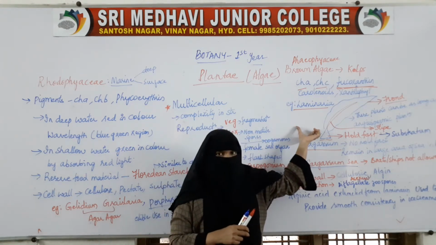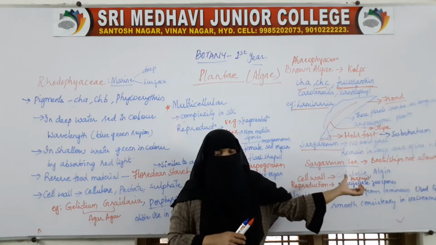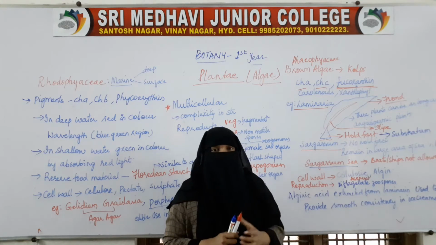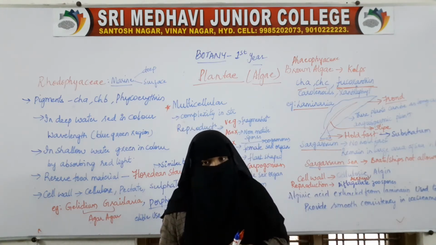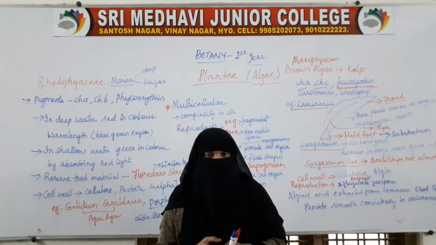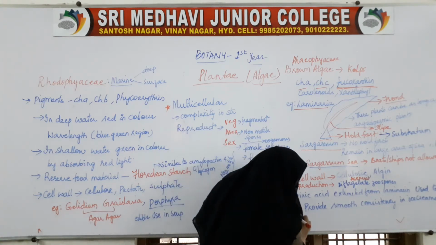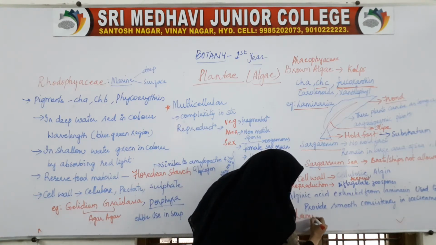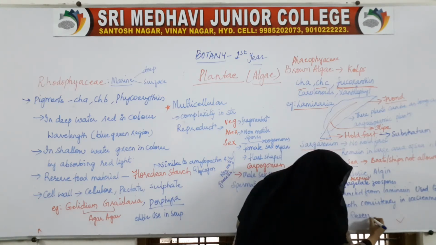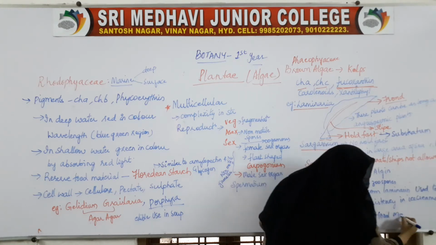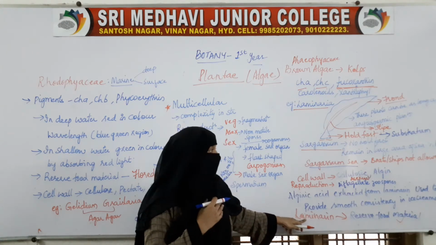So, these members of Phaeophyceae reproduce asexually by zoospores, and sexually by producing gametes which are isogamous or anisogamous. Here the reserve food material is laminarin. Here one important